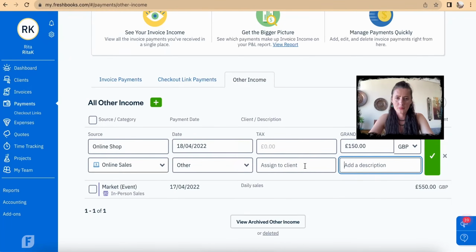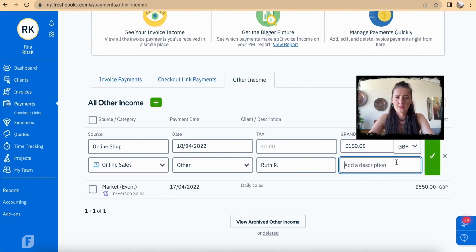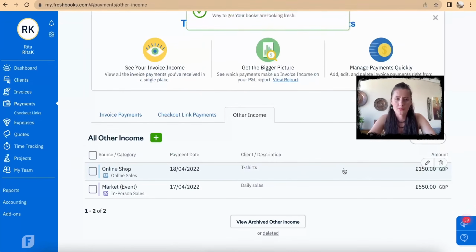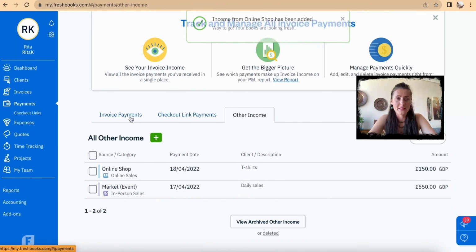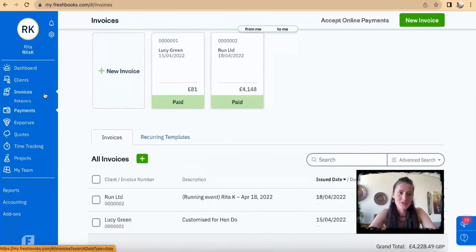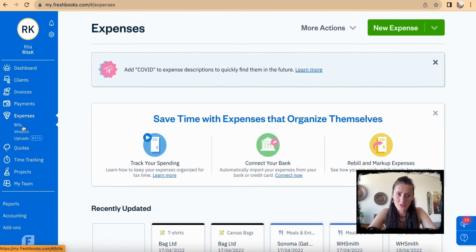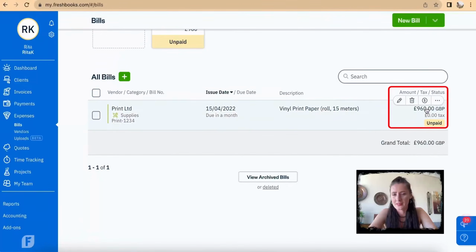And I can add. Doesn't allow me to add. Okay, we'll leave blank. And add a description, would be t-shirts. So this way, other income can be recorded alongside invoice payments. Also, if there are invoices, like bills to clients, those bills can be paid by clicking the same way,